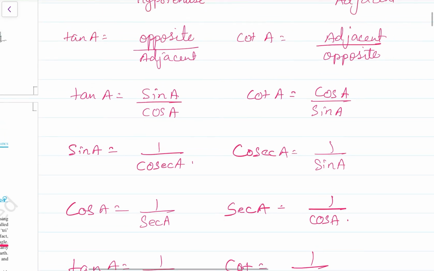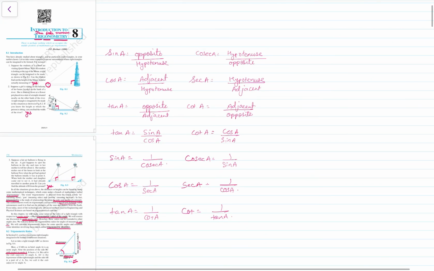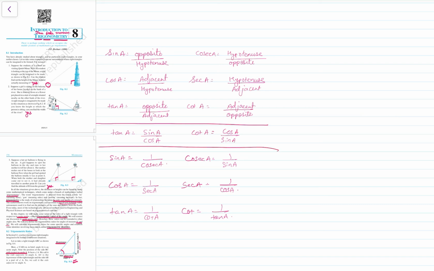These are the various trigonometric relations which we have understood in this part of the chapter. So the first relation is this, second is this, and third is this. This chapter has lots of relations which you will have to remember thoroughly to solve the sums with ease.